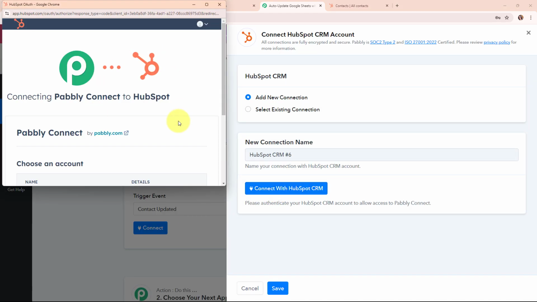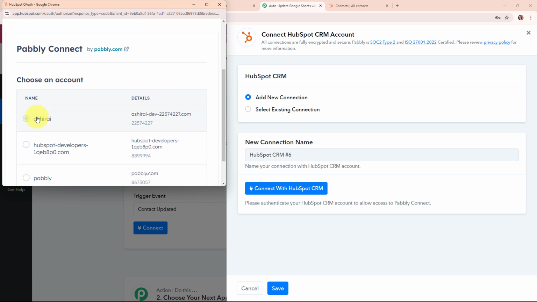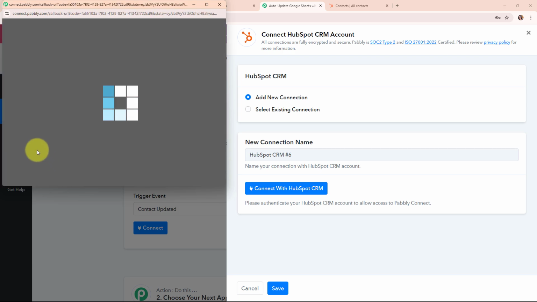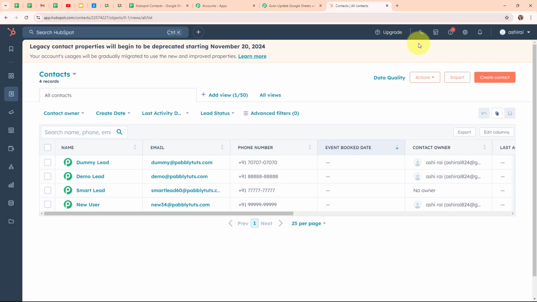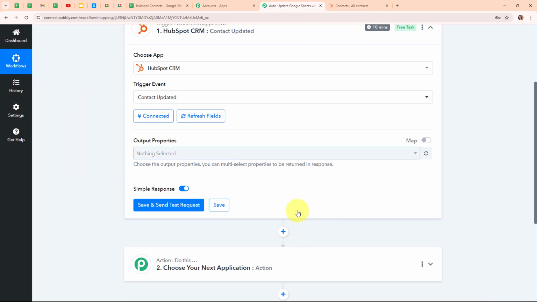And here you can see it is asking me to select a particular HubSpot account. So here I'm going to select my account and then click on this choose account. It easily got connected because I was already logged in to my HubSpot CRM account. So to build an easy connection, make sure you are already logged in to your HubSpot CRM account. And now after building a successful connection, moving forward,